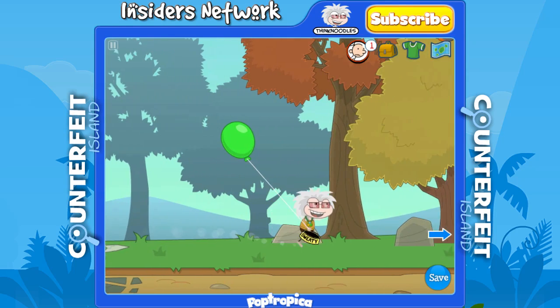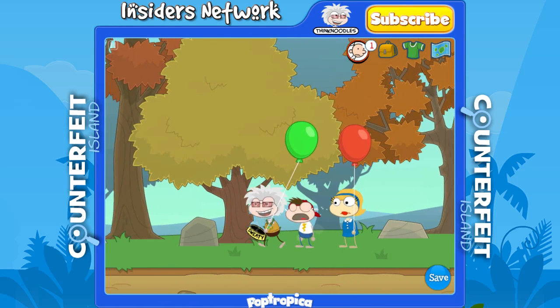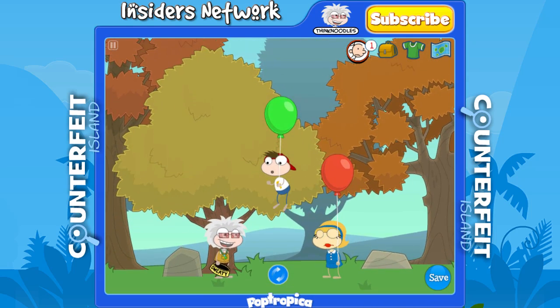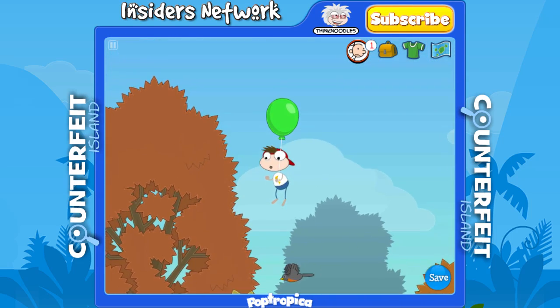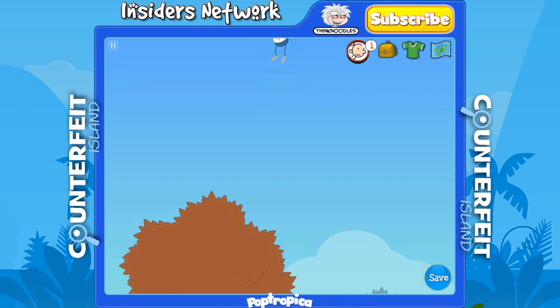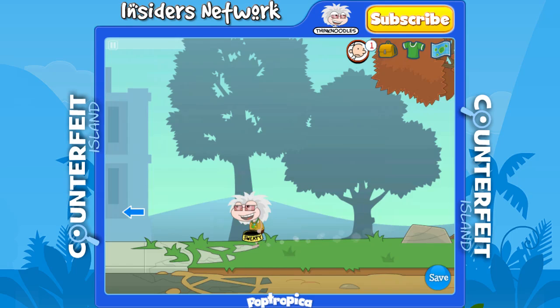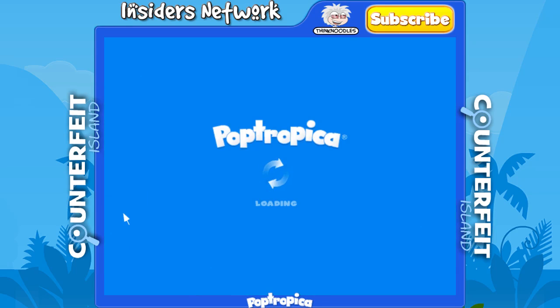Now just run to your right a little bit and click on the crying boy, and you'll give him a balloon. And he'll float away. And he becomes kind of a meme in Poptropica where you will see the balloon boy throughout, and he'll be floating in other islands even. So head back to your left